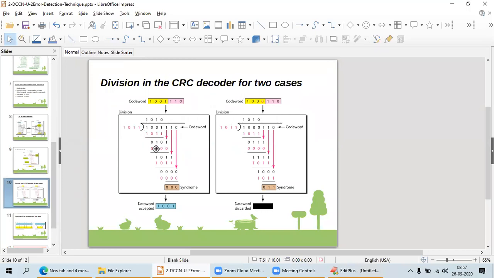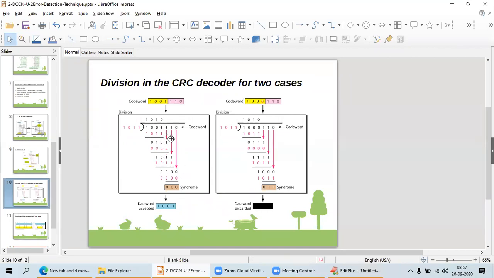After getting 010, I need one more bit from the top, giving 0101. My result starts with 0, so I will do binary division with 0000, adding 000 without considering anything. Now you see 101 and 000 give 101.